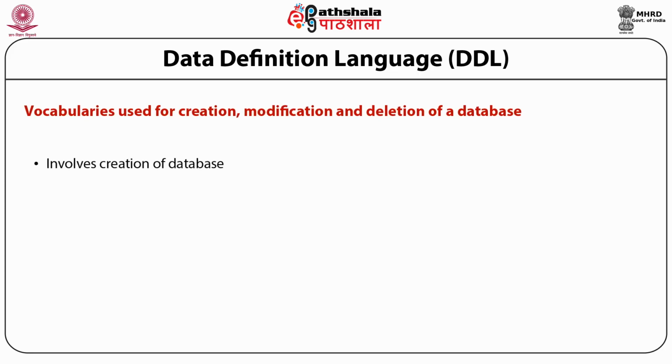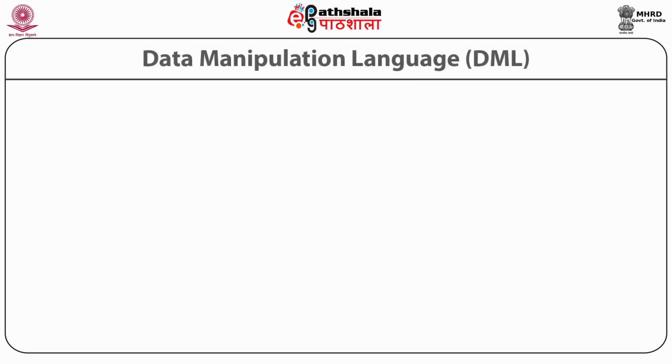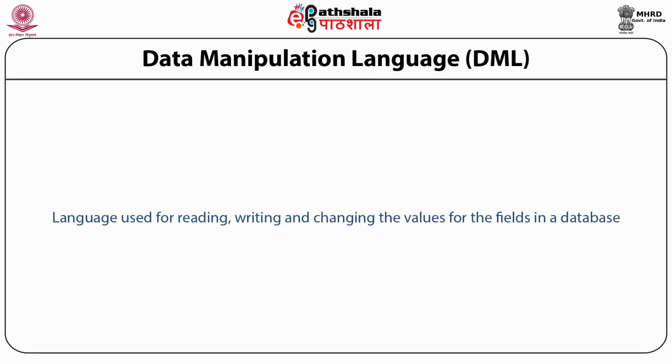That means what it involves is how the database has to be created, then how the different fields of a database have to be created, and what all the properties are which are to be associated with each kind of field, including their data type, length of the field or the kind of values it stores. Data manipulation language. Data manipulation language is basically used for reading, writing and changing the values of the fields in